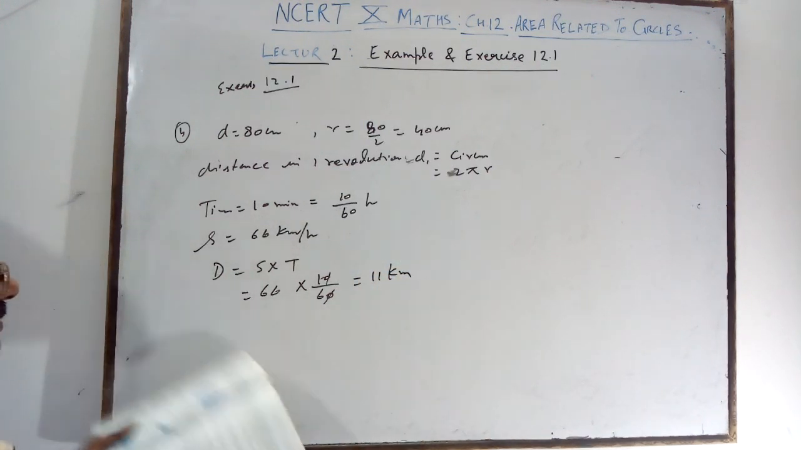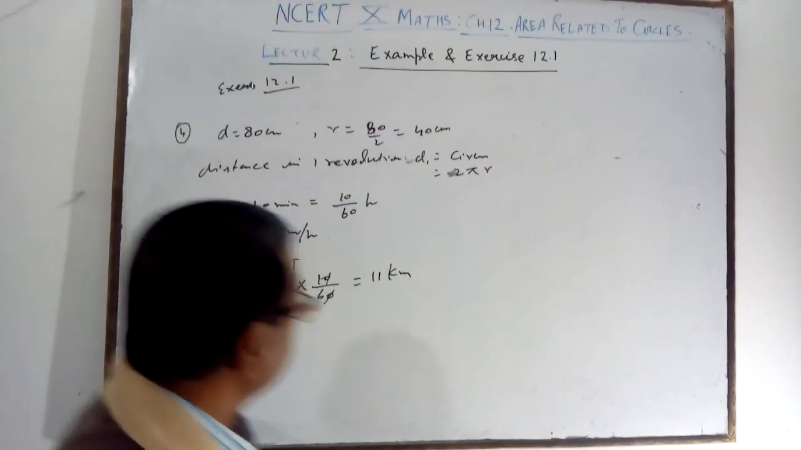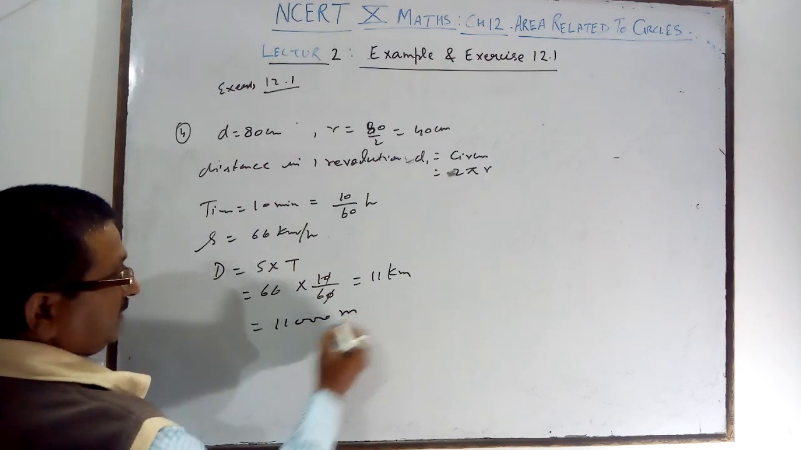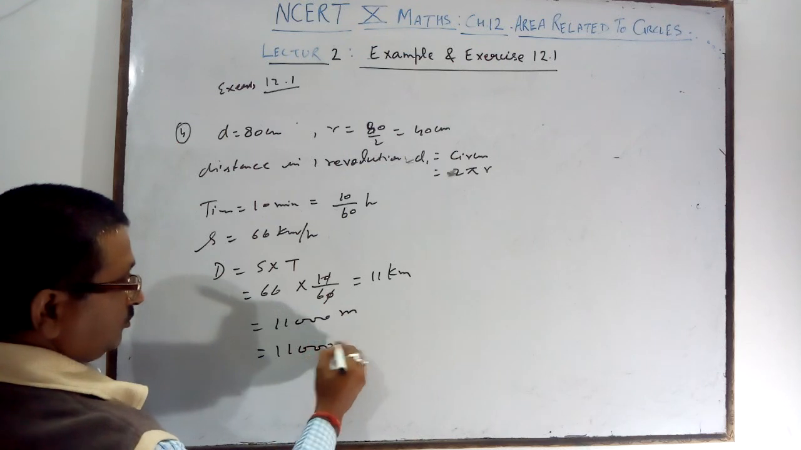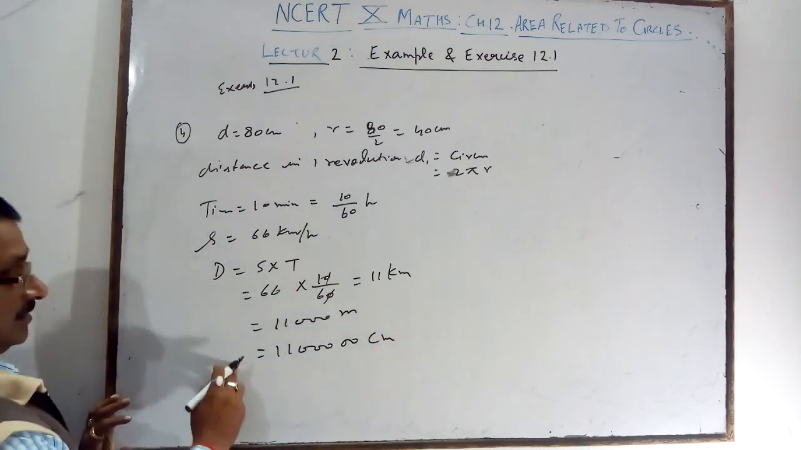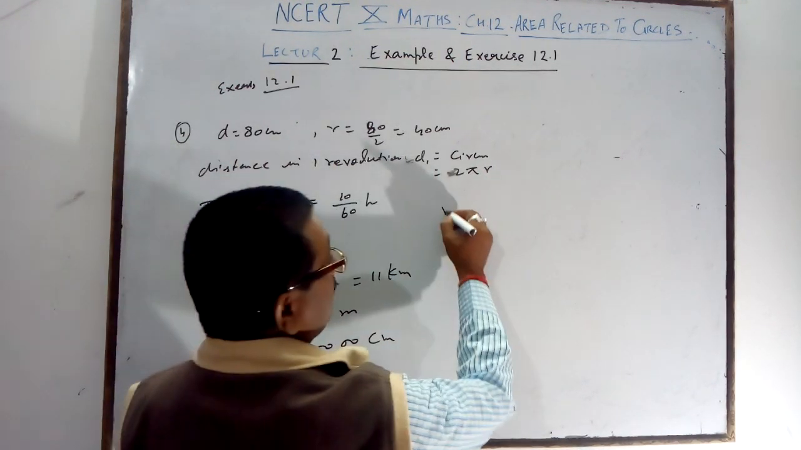What are you getting? 66 km per hour you are getting. So it is called 11. You can change 11,000 meter. Because it is centimeter, you change into centimeter, 2 more zeros. That is called centimeter. 5 zeros are there. Distance covered in 10 minutes is this. So the number of revolutions